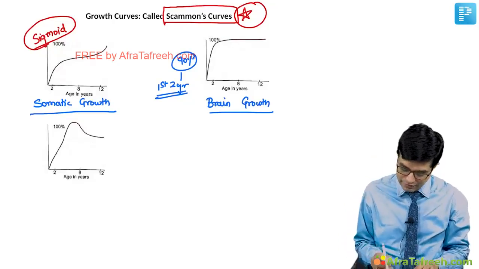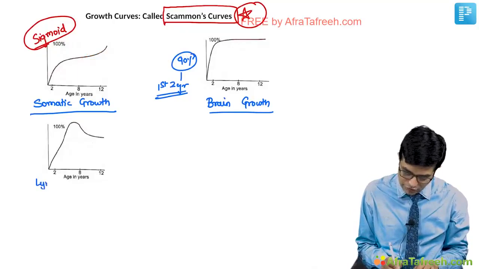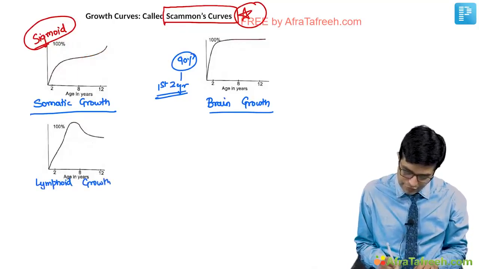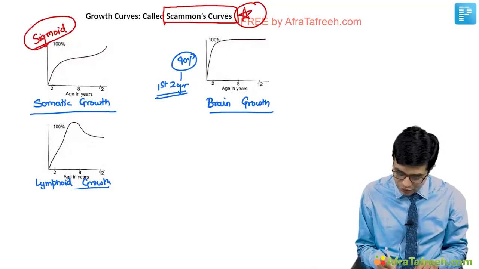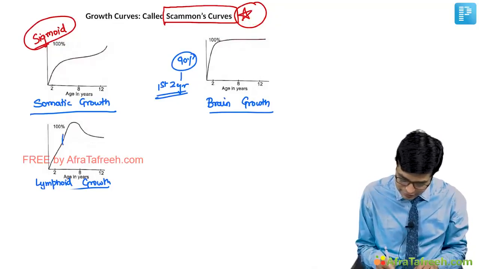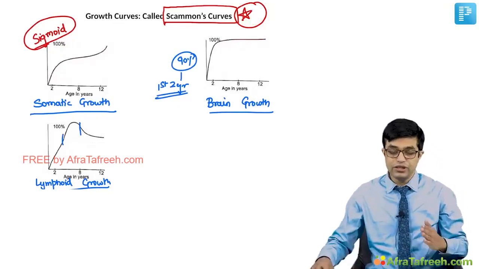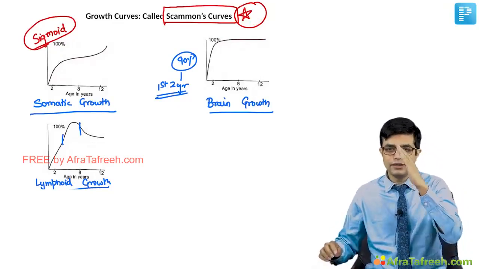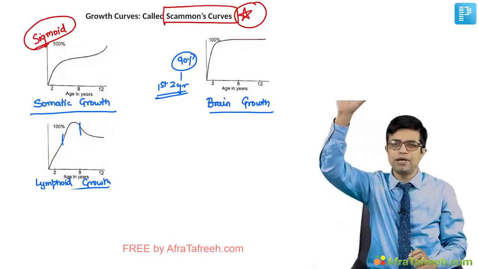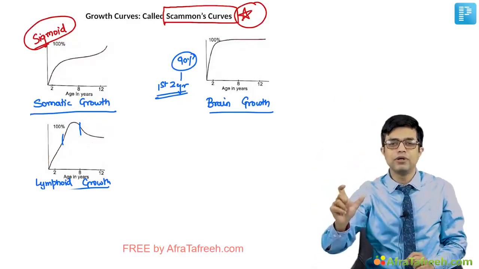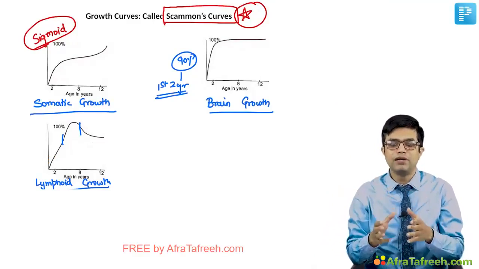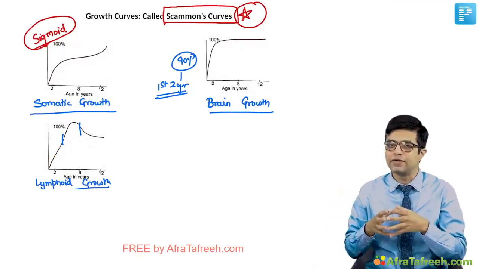This is a pattern which indicates the growth of lymphoid tissue, or lymphoid growth. Lymphoid growth is maximum, if you see here, in this period. This is the period from 4 to 8 years. So initially lymphoid tissue starts increasing, then undergoes a rapid expansion. This is the time during which palpable lymph nodes, even in normal children, are very common.